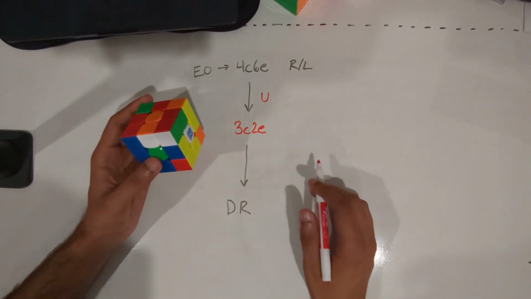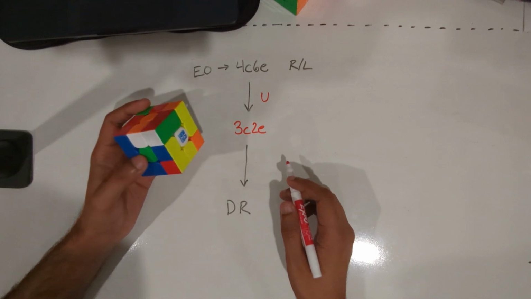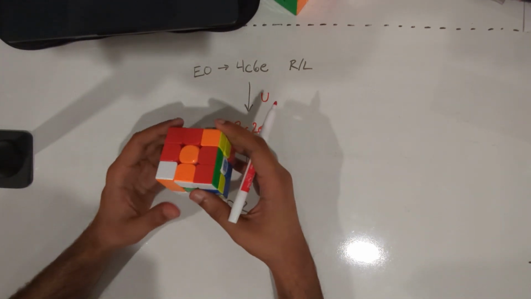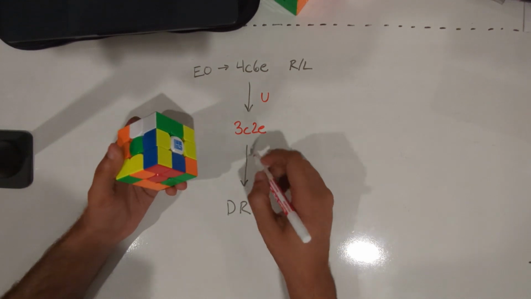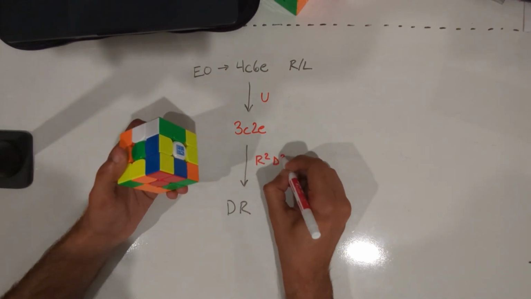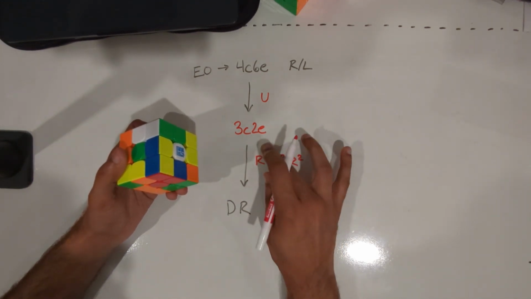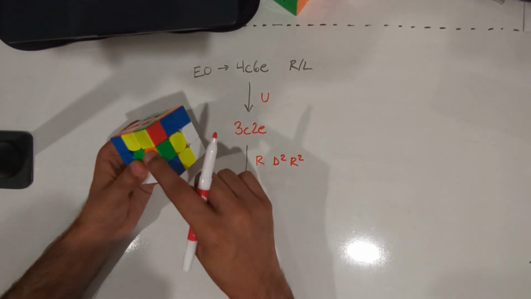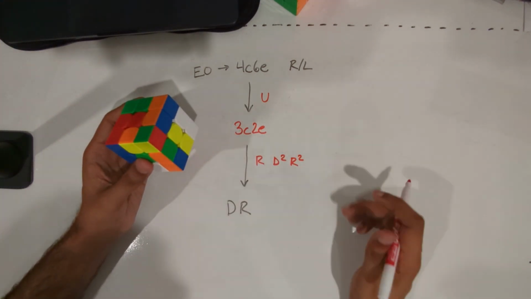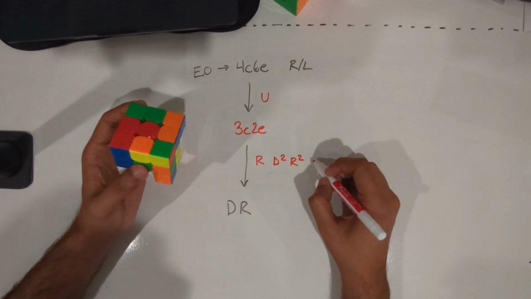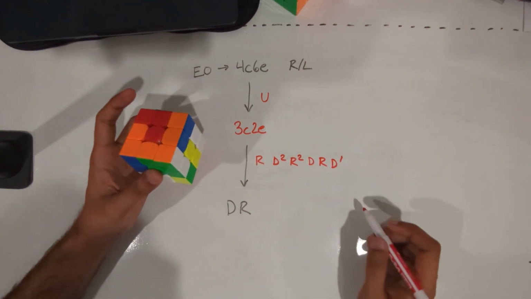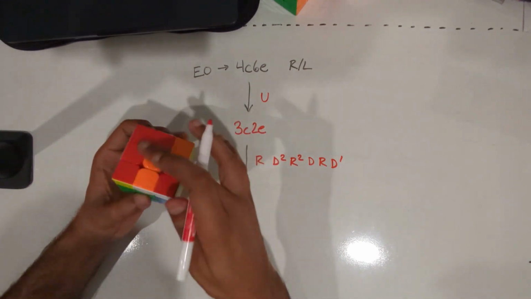Now, it actually turns out that this is pretty easy to set up. All I have to do is do R, D2, R2. And that actually sets up the trigger exactly. You can take a look here. We have these two that are bad, these two that are bad, and this one that is bad. Which means that all I need to do is do D, R, D prime, and I end up with DR